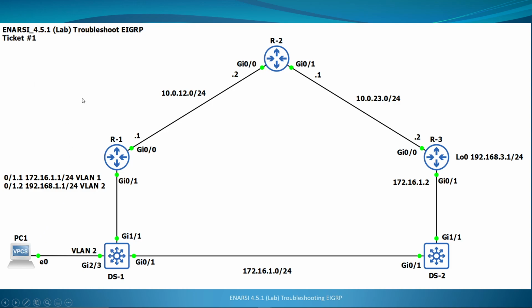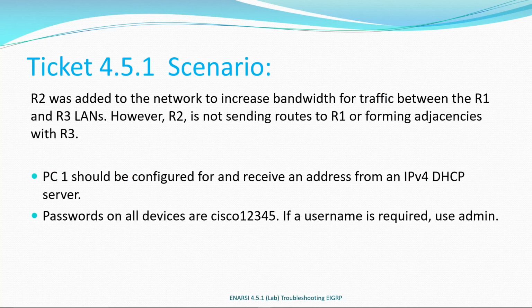and this is ticket number 1. So the scenario for this: router 2 has been added into the network to increase the bandwidth for the traffic between R1 and R3, but we have an issue with router 2 not sending routes to router 1 or forming an adjacency with router 3. On a side note, PC1 should be getting that DHCP